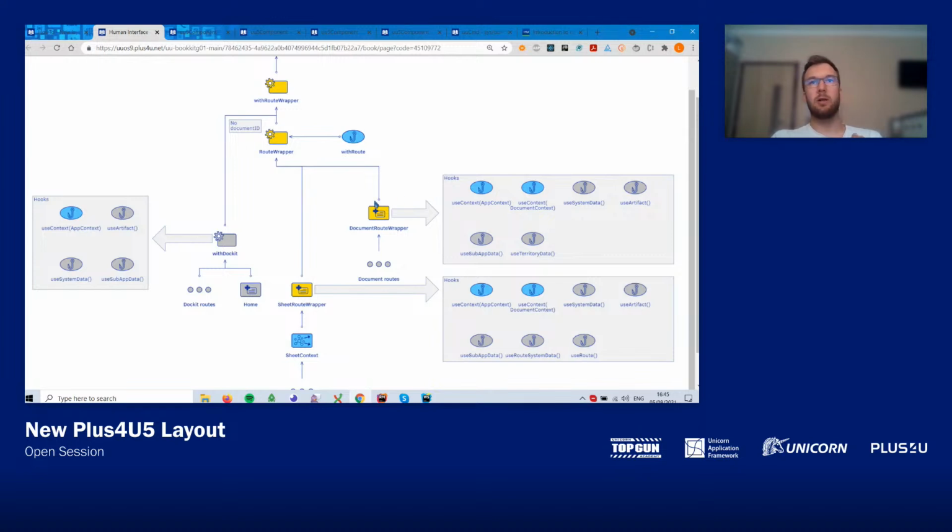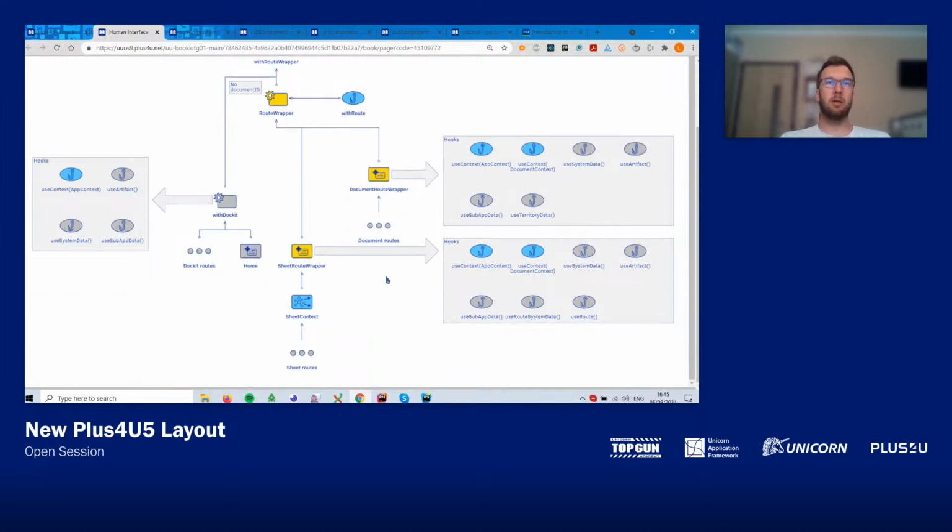And we'll take a look at the code for this, because maybe it will be easier to understand. And when we are talking about the sheet routes, it's basically when you open some sheet, that's one of the routes which is being wrapped by this sheet route wrapper,